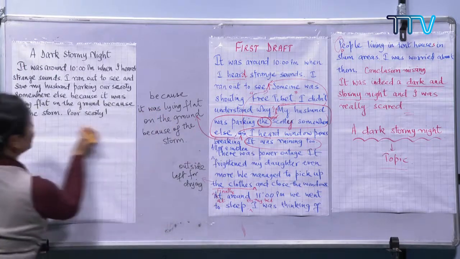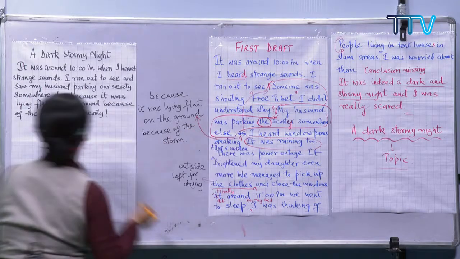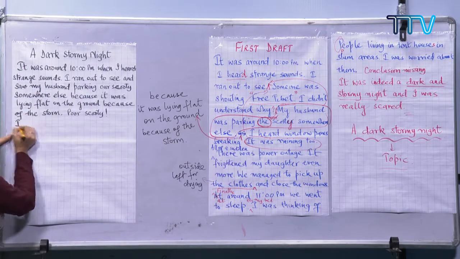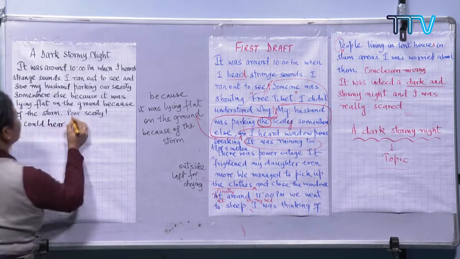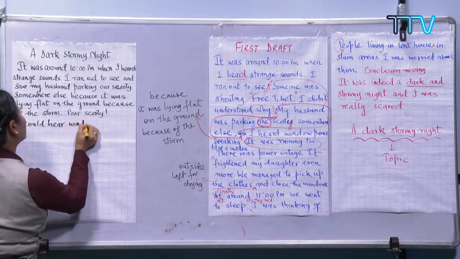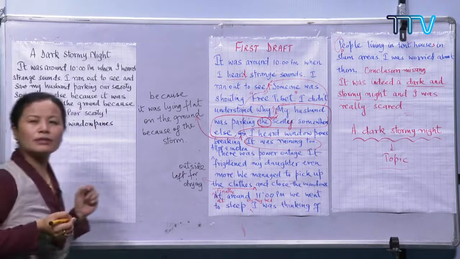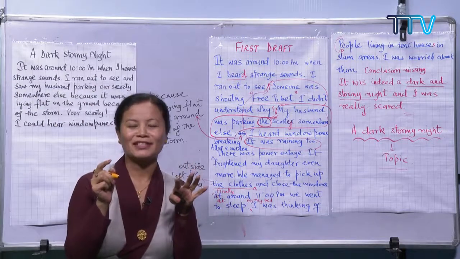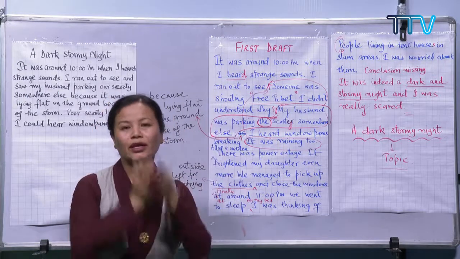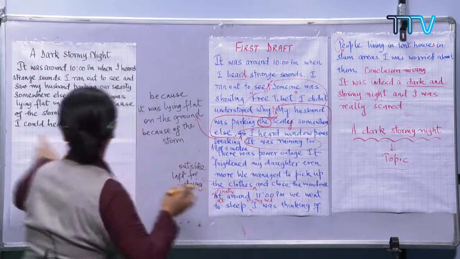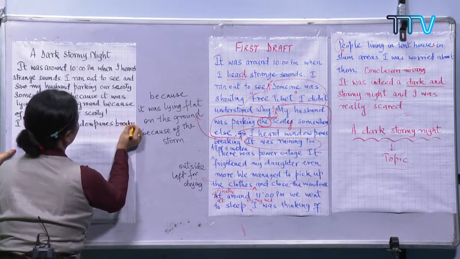Then what else do we have to write? Yeah, and then I heard, I could hear, or I heard window panes. Do you know what window panes means? It's for class 5 and 6 students. You know, the glass that is fitted in the frame of a window, they are called window panes. I could hear window panes breaking